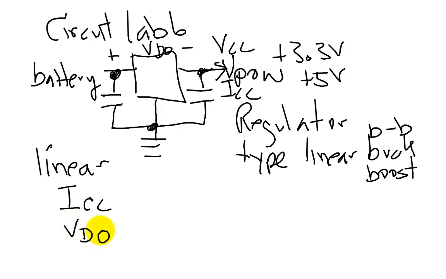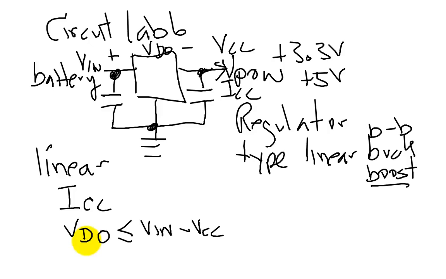VDO. Now it turns out the boost regulators don't have dropout. They have drop up, if you like. It gets bigger. Okay, but only the linear regulators have a dropout voltage, which is the difference. So this has to be bigger. Right. The input voltage has to be bigger than the desired voltage